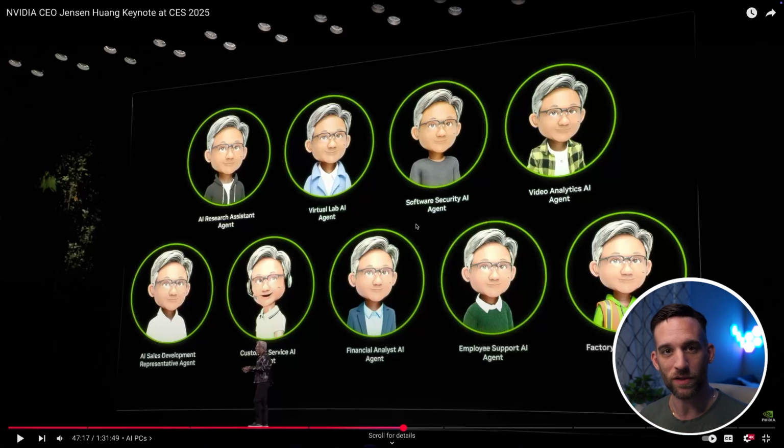But if you give it to a certain company, they have the knowledge of all the documents and all the information about what they do. Then when somebody comes in, you can have a chatbot and talk to the support AI agent. Now they have that domain knowledge, and there you go. You now have this amazing AI agent that can get you what you need quicker or answer your questions. I mean, trust me, I would much rather have this and ask a question than go through all the Confluence documents myself and try to figure out what I need to know. My goodness, this would be so much better.